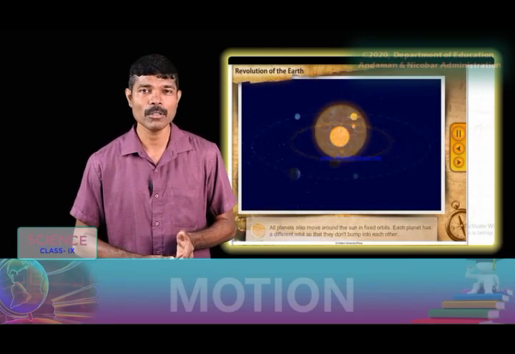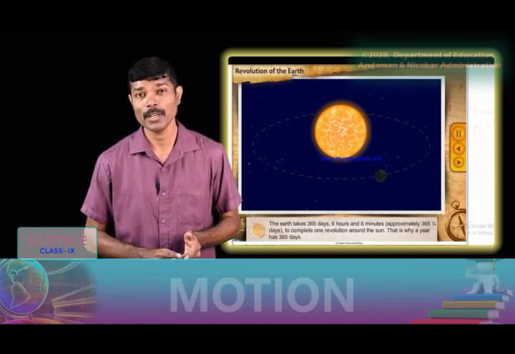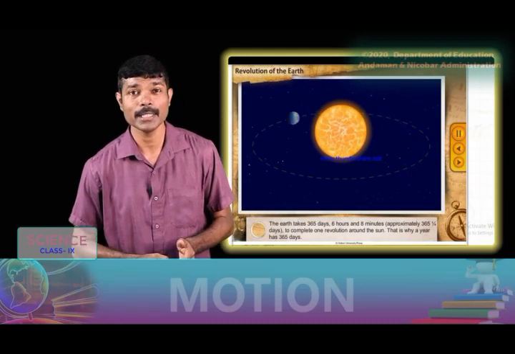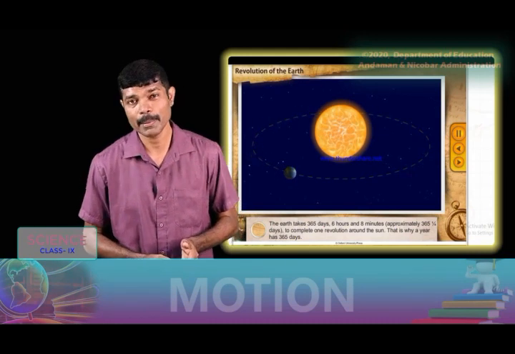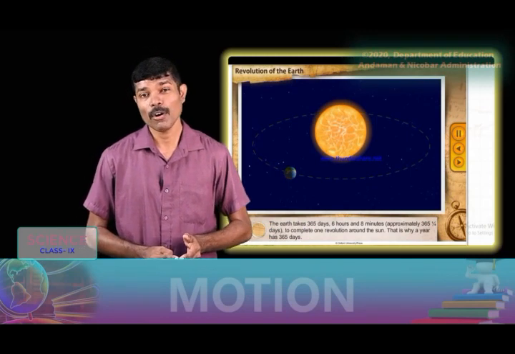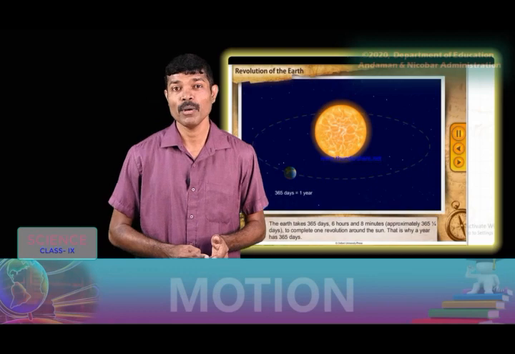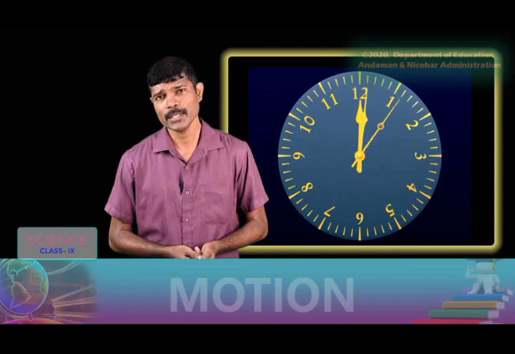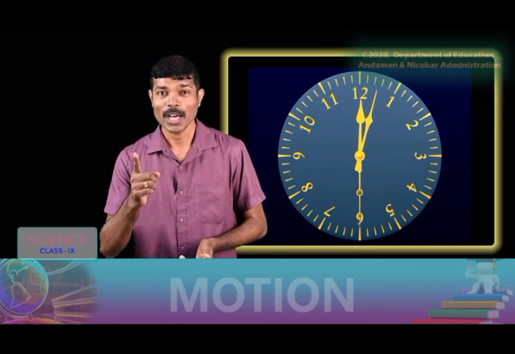Thirdly, the motion of the earth around the sun is also an example of uniform circular motion. Here the force of gravity between the sun and the earth acts as a centripetal force. With that centripetal force, the earth revolves around the sun in a uniform circular motion. Another familiar example is the seconds hand in a watch, which revolves around the dial in a uniform circular motion. All these motions we have discussed are examples of uniform circular motion.